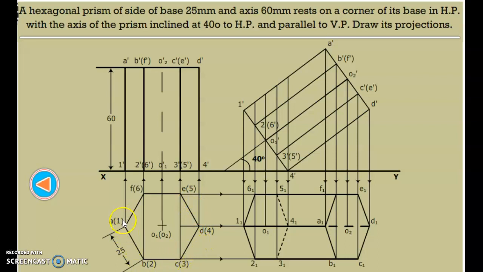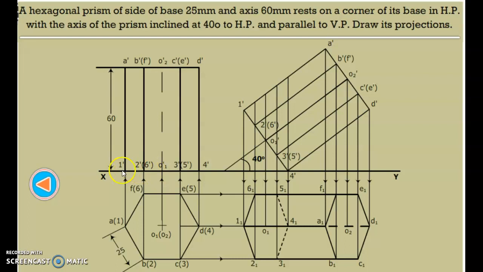From each and every point, draw a straight projecting line. Okay, from this point, and this point. Okay, this will be your axis, this will be your axis. So while drawing using a template, you can mark the center point as the axis. Okay, and from this point and this point, project a straight line. From this point, project a straight line up to here, and then mark all the points.